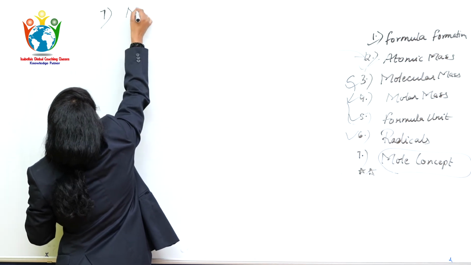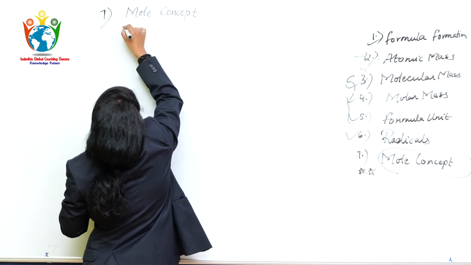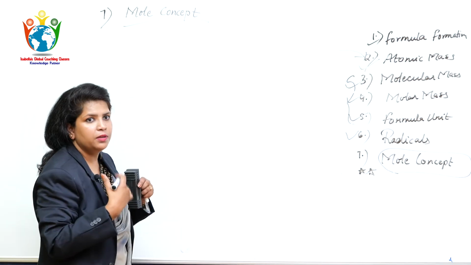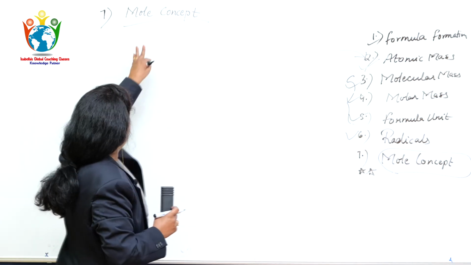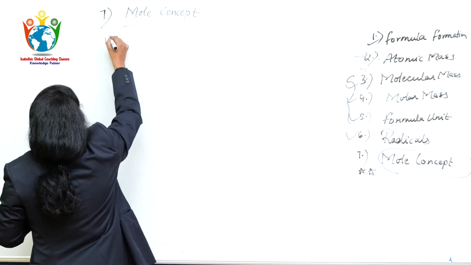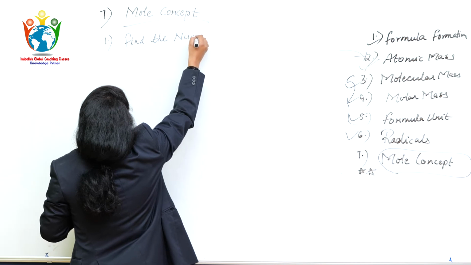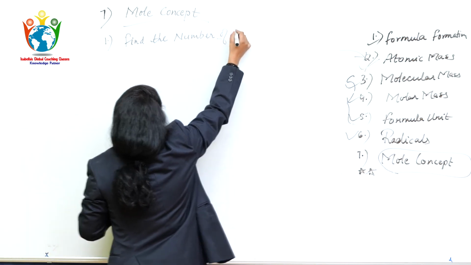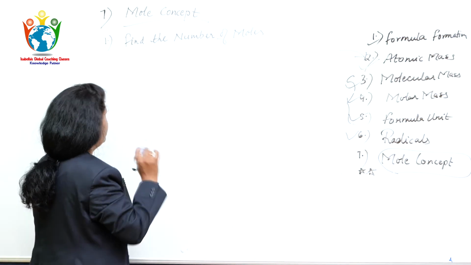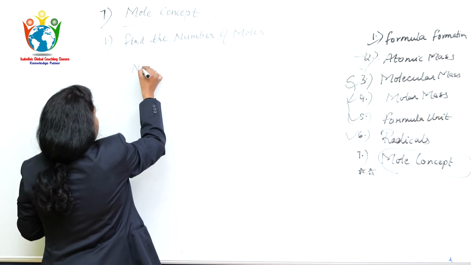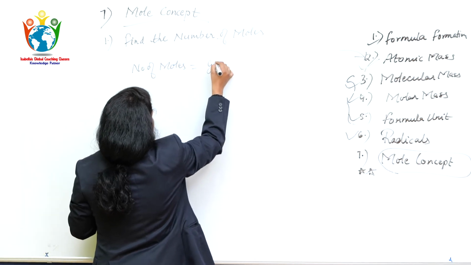Seventh topic we can take because, as I already mentioned to you, theory I will explain in the later lecture, but for today we are only focusing on the numericals. So mole concept, first question is: find the number of moles. For this we have a formula. Number of moles is equal to given mass